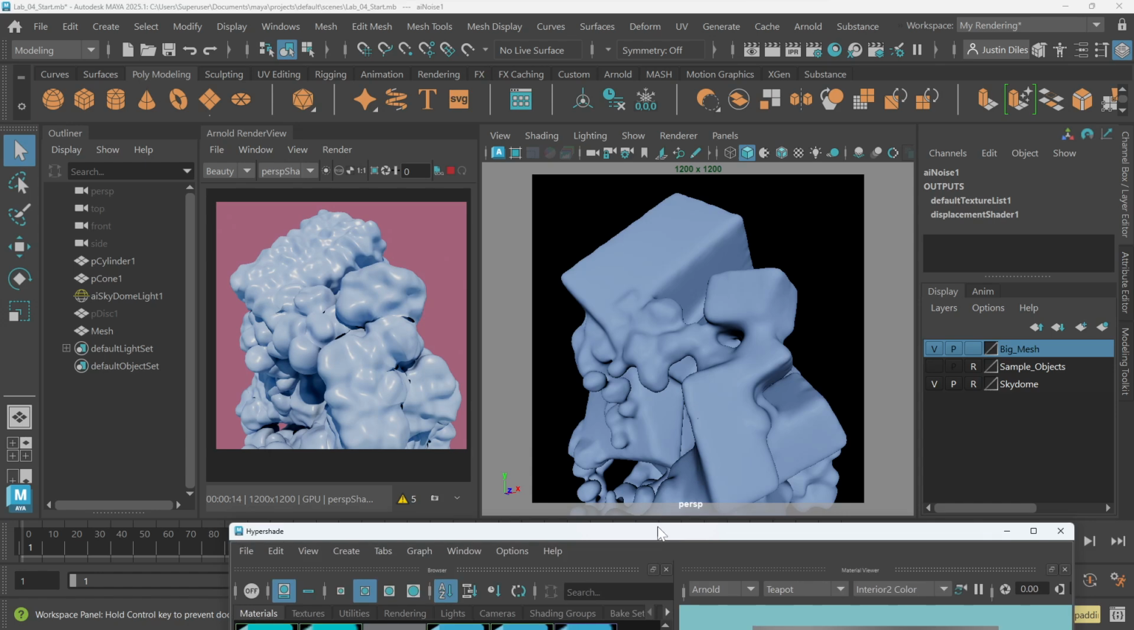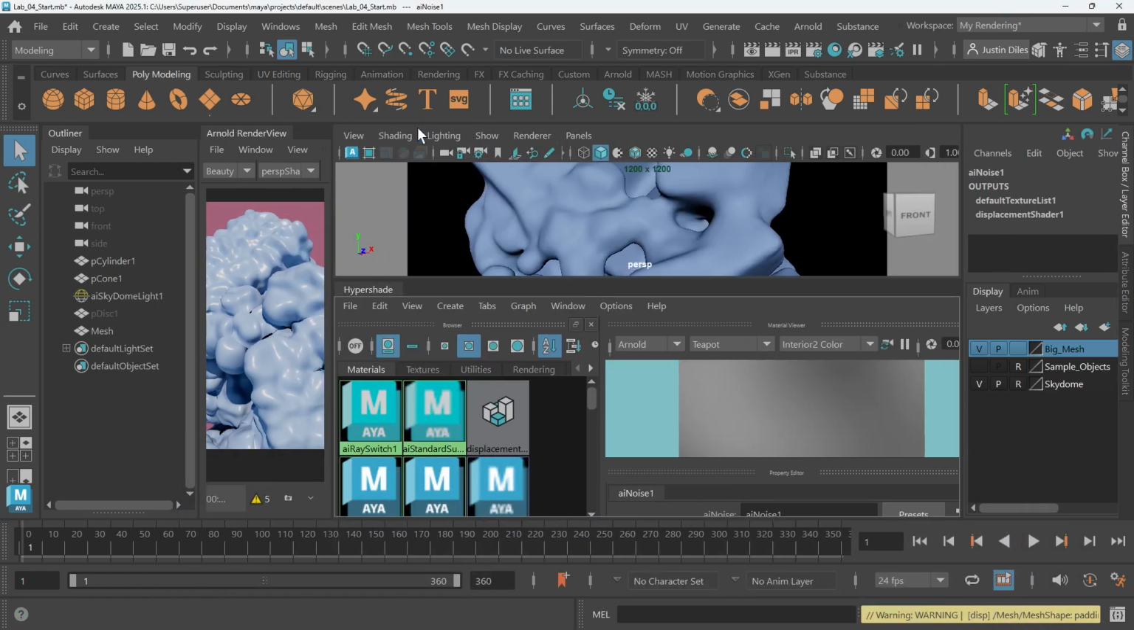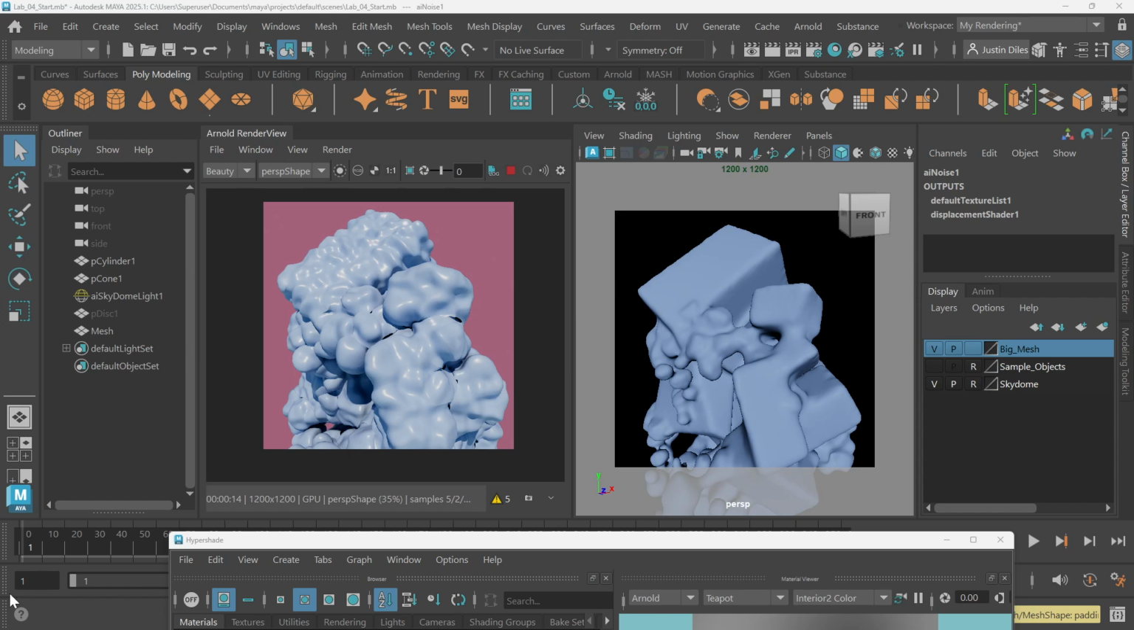All right, now you can see if I lower the hypershade. Oops, I did not want to do that. Let me pause the video for a second. Okay, you'll see that once I lowered the hypershade window that we're now seeing